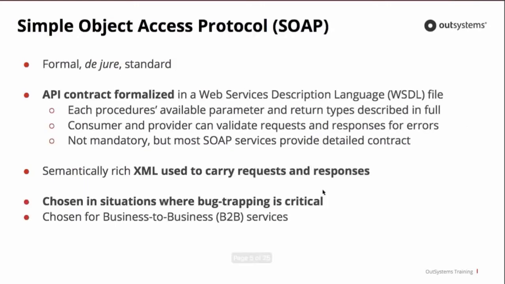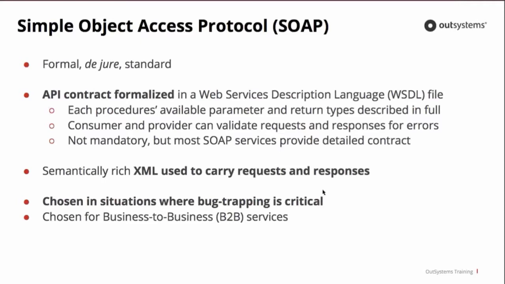Now, what are the differences between them? Well, SOAP is a formal standard. It has a formalization of a contract. That is, there's a file called a WSDL file, that describes what the service is providing to third parties, exposing to third parties, to consumers. So because this file is computer generated and can be read by a computer,